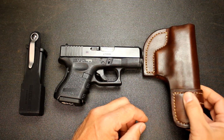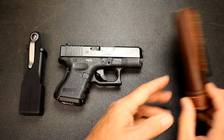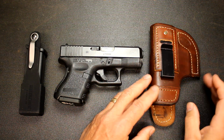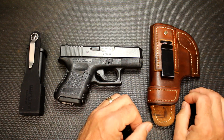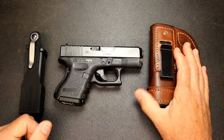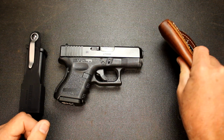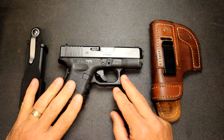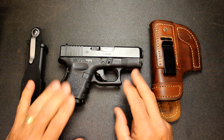These things are excellent. I have a lot of holsters from Jackson Leatherwork because number one, I love leather. Number two, John Jackson is a master at leather. And so this is a big thing for me. I like the sound of the leather. I like the smell of the leather. I just like it. But one of the big things about the Glock 26 is that it's small, but yet